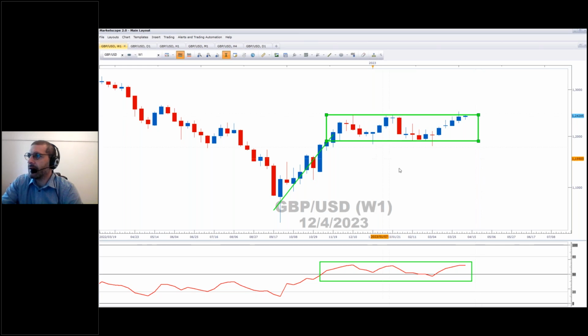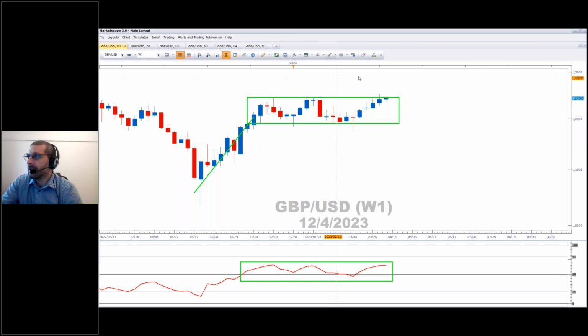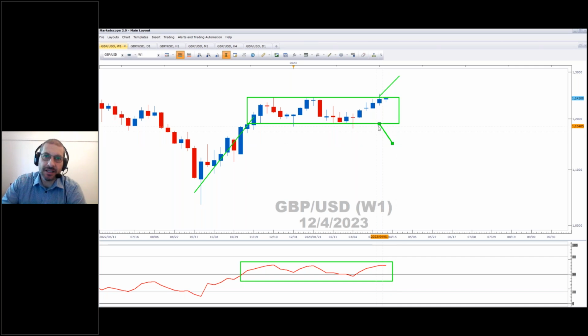Okay. So now what we're looking for effectively is a break up if it's going to follow the growth model, a breakdown if it's going to follow the value model. Now, let's just discuss, what do we think is going to happen here? Is it going to break up or is it going to break down? We obviously don't know with any sort of certainty, but what I would suggest is if there is a moderation in the inflation,